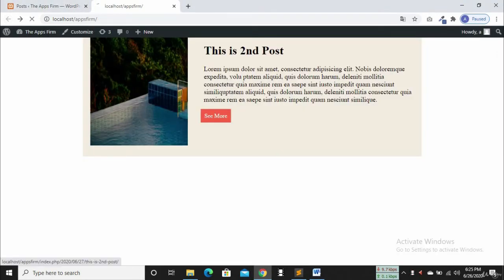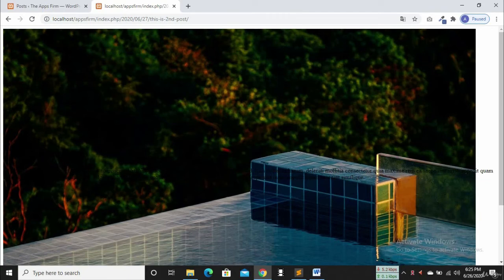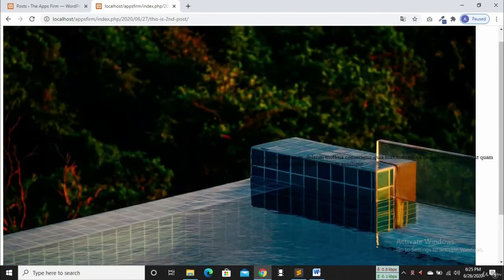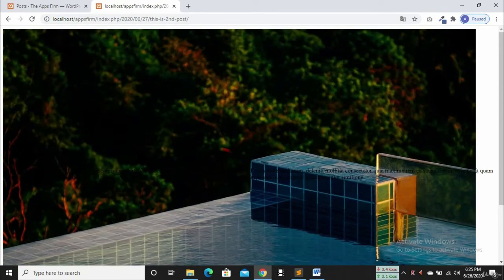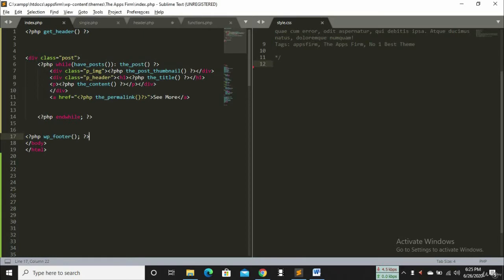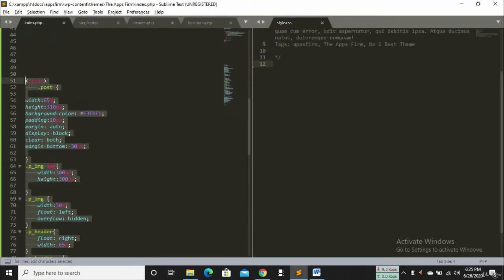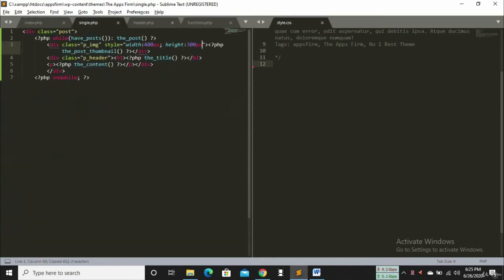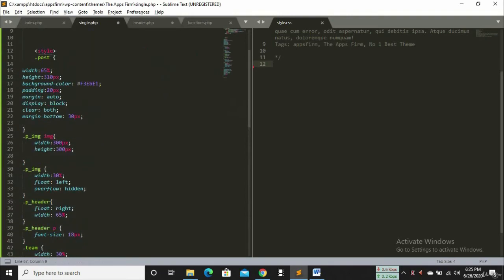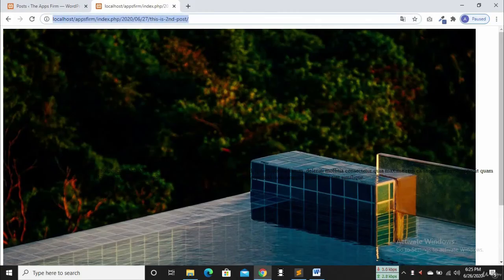now if we click on see more, it will take me to an extra page, and in that page it will show the individual post. The style is broken. I will connect the style.css now and then I will show. I want to copy the style and paste it in the single.php file, and if we reload now,